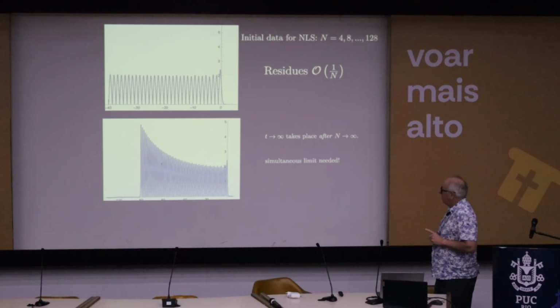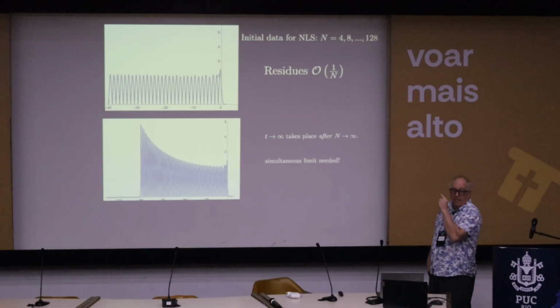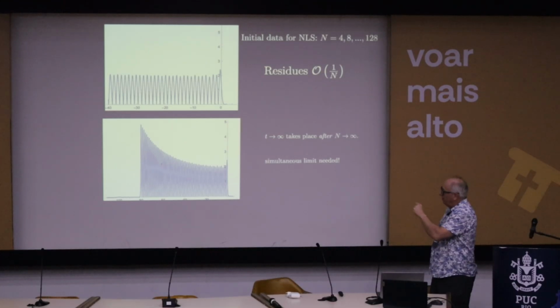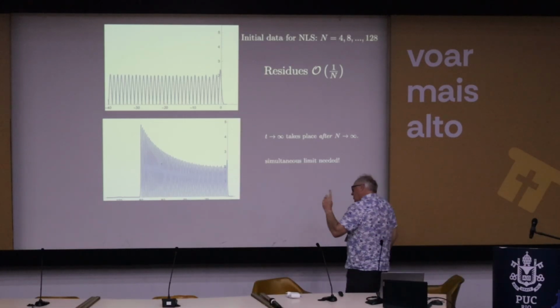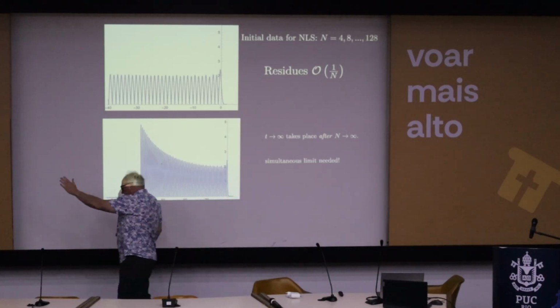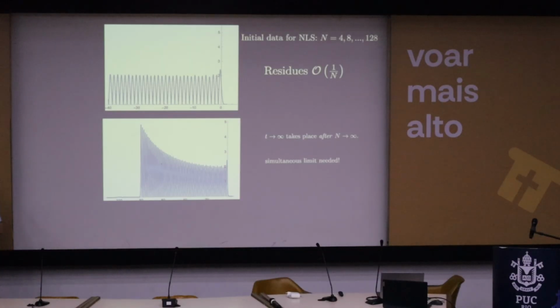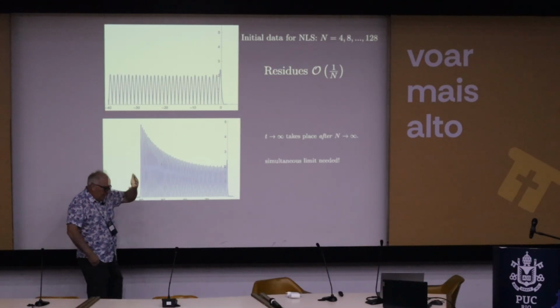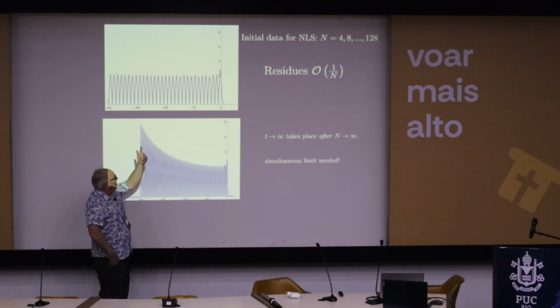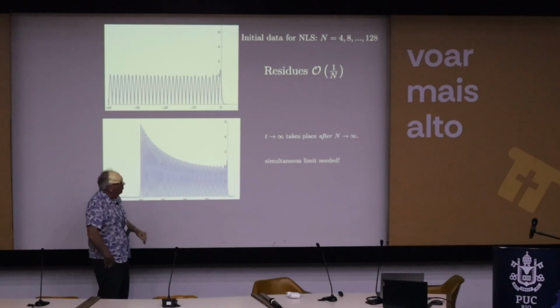Now, what is this picture on the top? Those are not individual solitons. Actually, because all those residue conditions are order 1 over n, that's actually the accumulation of all of the tails of the soliton. The fact that the residue conditions all are small means the center of each of those solitons is actually being pushed very slowly out in one direction. Maybe it's this direction. And they're really located a distance away from the origin that's like logarithmic in n. But near the origin where this is being plotted, it's all of the tails that are accumulating to give this strange-looking conoidal wave. So it's not the actual peaks of the soliton, it's the accumulation of the tails that's giving this conoidal wave.